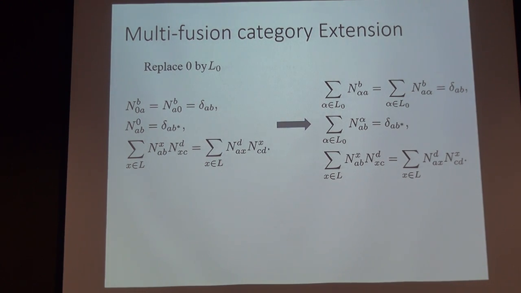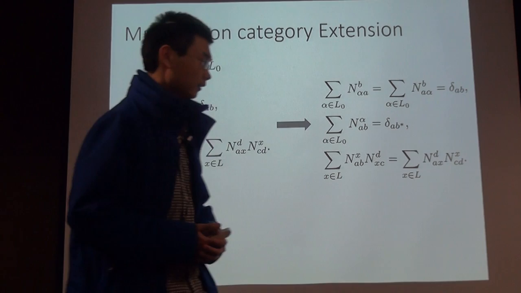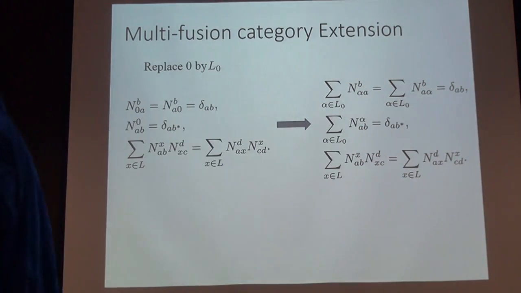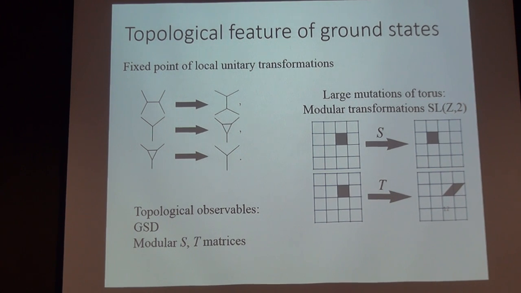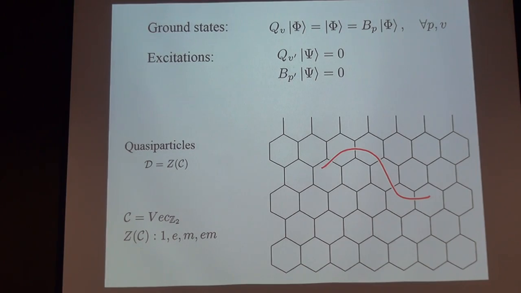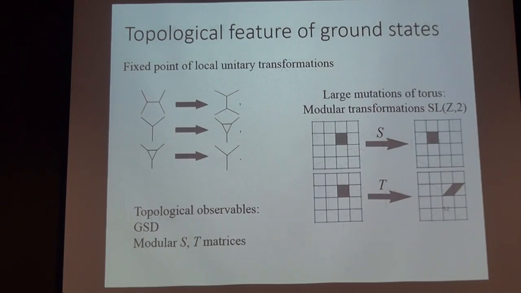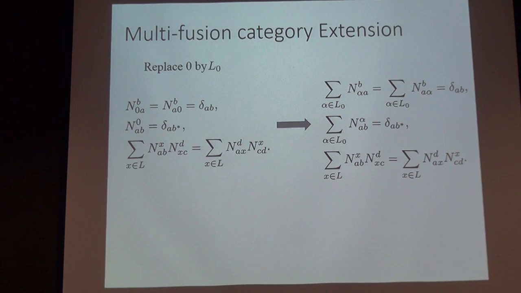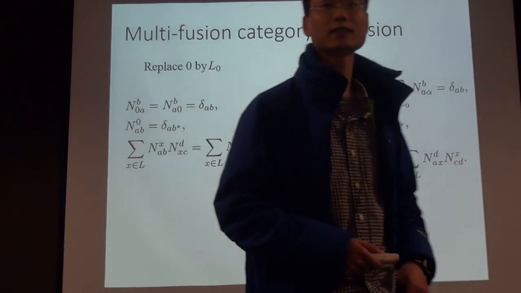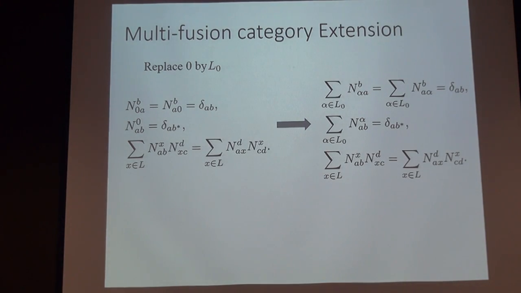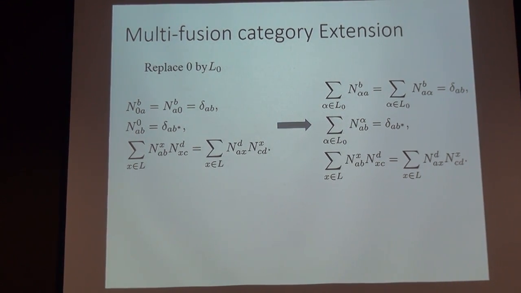So basically, this is the Levin model I want to introduce. And from now on, I want to talk about the extension, the multi-fusion category extension. So for a fusion category, we can understand it as the representation theory,